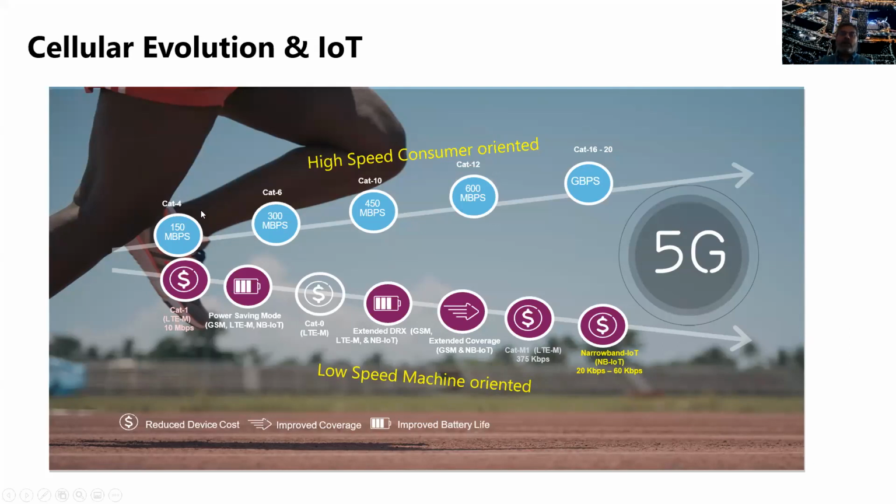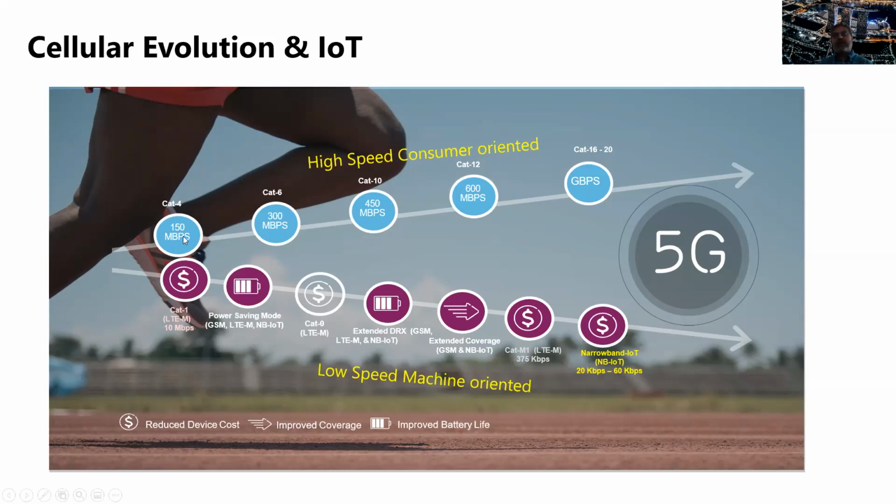When we are all normal consumers, and if you're not tech savvy, we don't look at the specification. As a consumer, we just look at speed and capability and processing of the handsets and things like that. But underneath, when you look at the specifications, the modem category is very, very important. Of course, I'm not talking about 2G and 3G here specifically. But when you talk about 4G as a technology, which has been there for a few years already, when we originally had the first 4G handsets, it started with Cat4 modems.